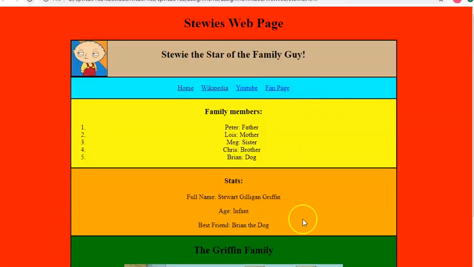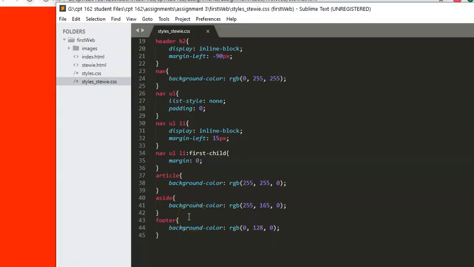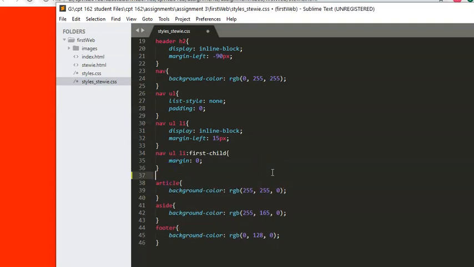All right, so we have to now make these two things go side by side. So let's go ahead and start off by going into, what we want to do is we want to make each of those elements, the article and the aside, we want them to display as inline block. So I can add it to these two properties here, but instead, since both of those elements are going to have the same properties, I'm going to go ahead and do a combination and say article, comma, aside, and then